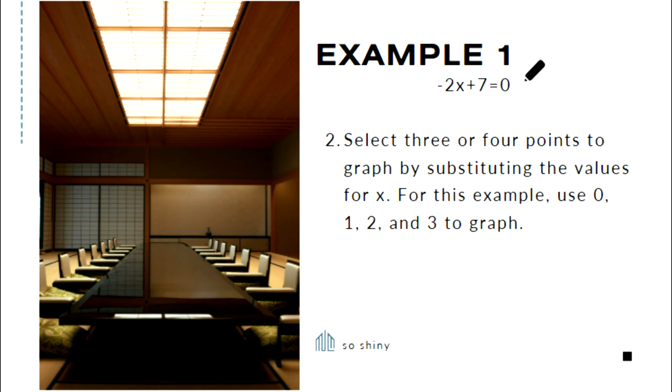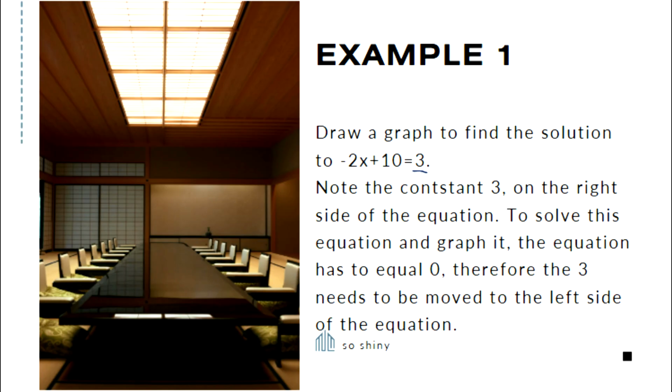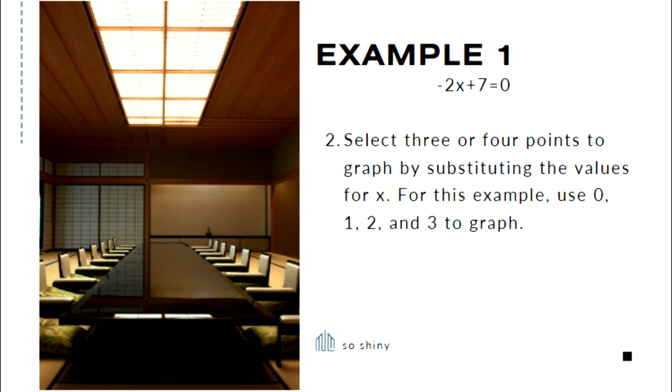So we took that 3 and subtracted it, and now we have this equation. Here's the original equation. Here's the new equation. Select 3 or 4 points to graph by substituting the values for x. For this example, use 0, 1, 2, and 3 to graph. Okay? So what you would do is take your formula right here, and we're going to say x is equal to 0: negative 2 times 0 plus 7 equals